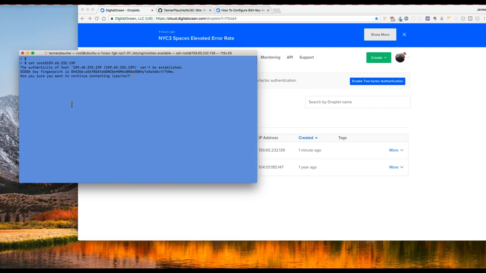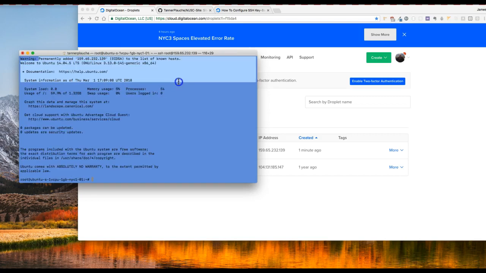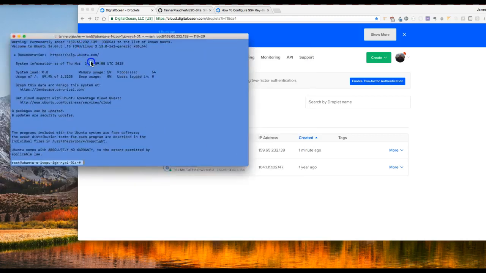And it says that the authenticity hasn't been established. Do I want to continue? Yes. And now here's what it says: permanently added this address to the list of known hosts. My computer had not recognized this virtual machine, and now it recognizes that I've connected to it before. So it's going to associate that SSH key with this server. And right down here, this is what we want to see. Even though I'm still using my computer, and this terminal is on my computer,